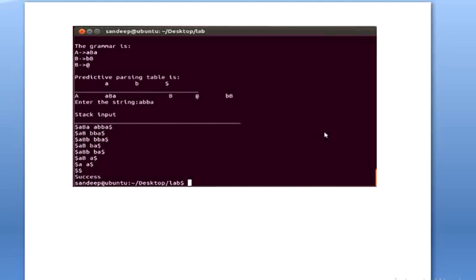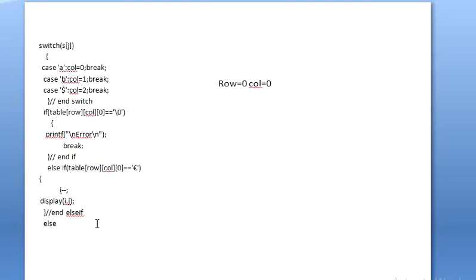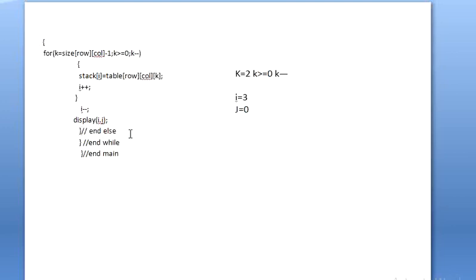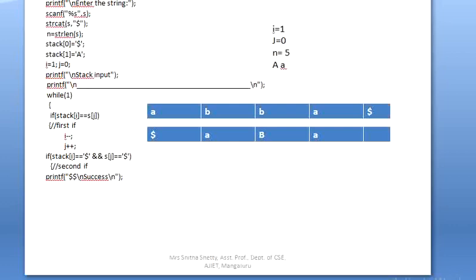So I was explaining the display function. I printed the stack and s of k. Now I'll go back to that display part. Next I execute this and come to this phase. This is the end of the else part. Again go to the while. You need to keep on executing this while statement, while 1.